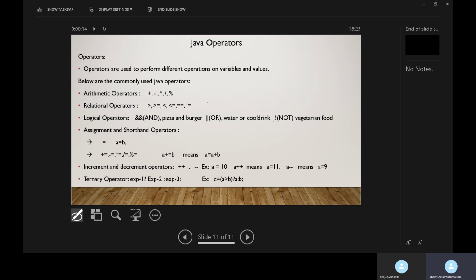features we are using. In those situations, I will let you know where we are using the relational operators, where we are using the arithmetic operators, where we are using the logical operators, where we are using the increment decrement operators, shorthand operators. I will explain all these when we come up with the required programs. In those scenarios, I will explain all these operators to you. So as of now, like this, here we have the different types of operators in Java.